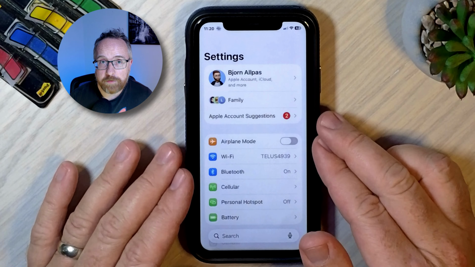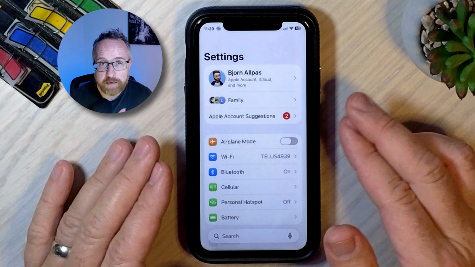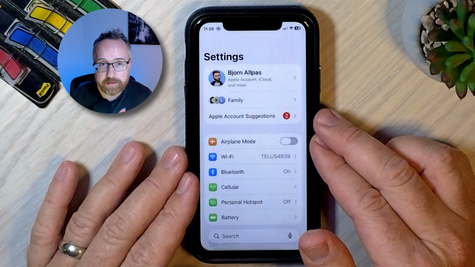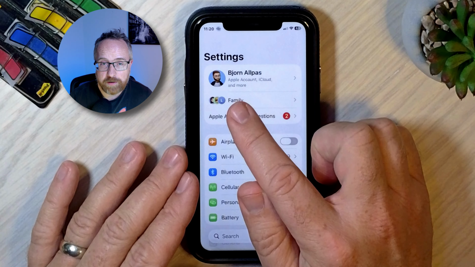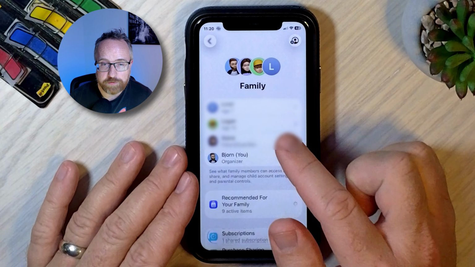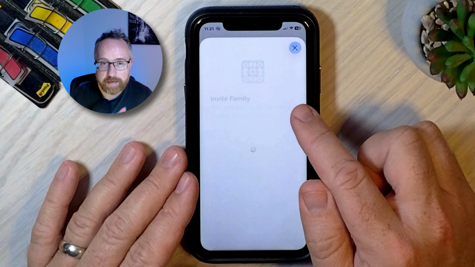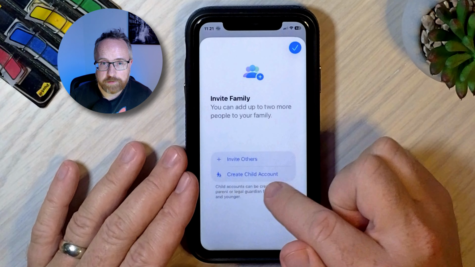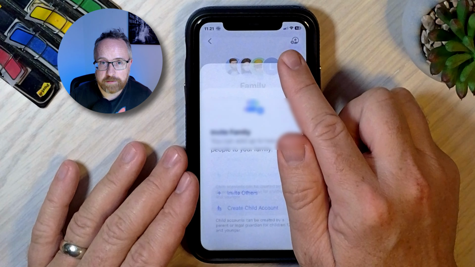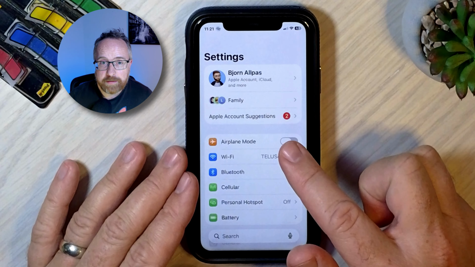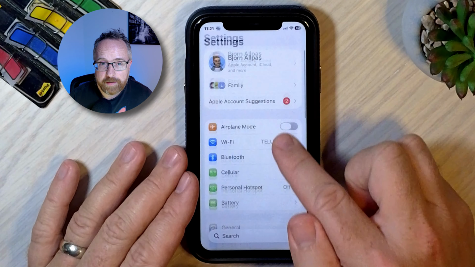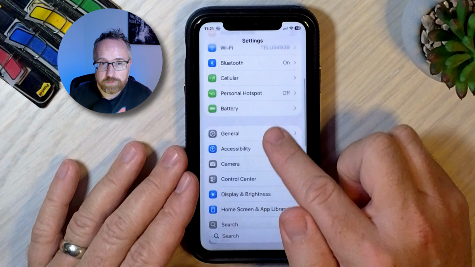And if you're making this for your kid's phone, you can create a new Apple account for your child really easily. I've created some for family sharing, and it's just super simple. It's this little plus icon up here. And you can add a family member. Just create a child account if you're setting this up for your kid. And so once you have that set up, then you go down to apps